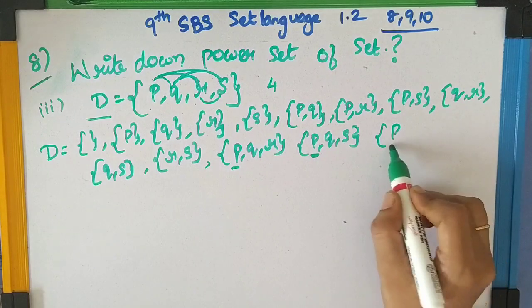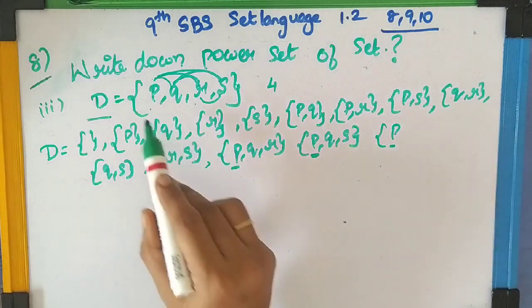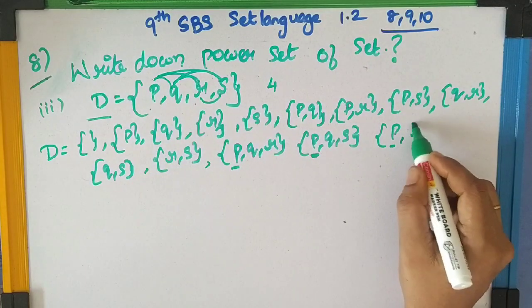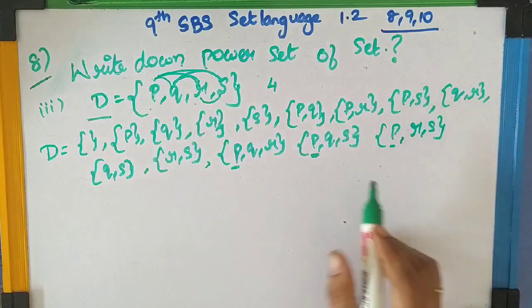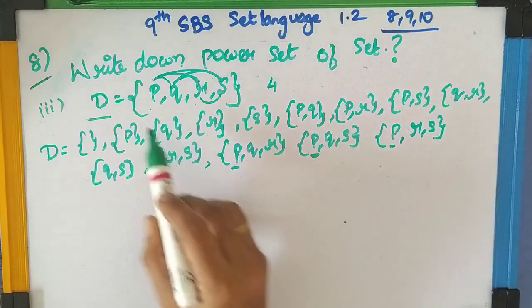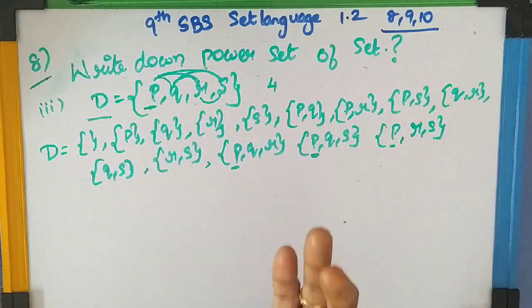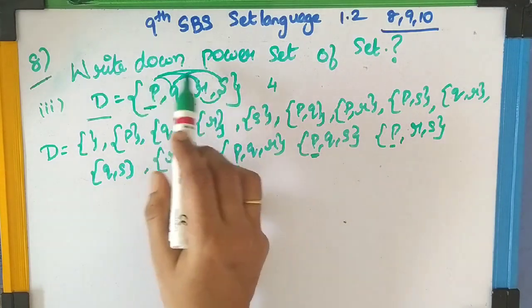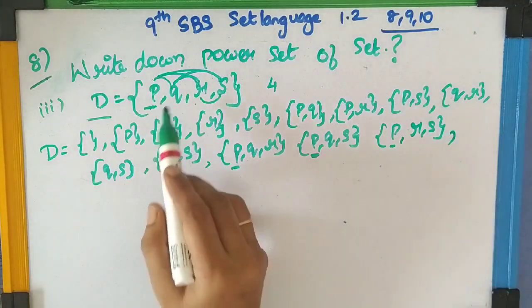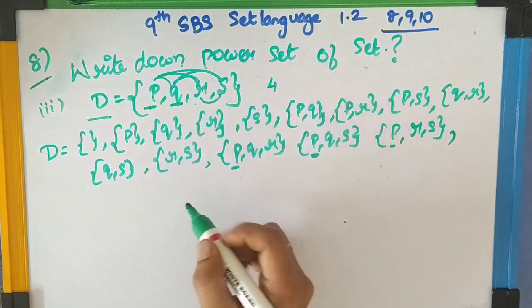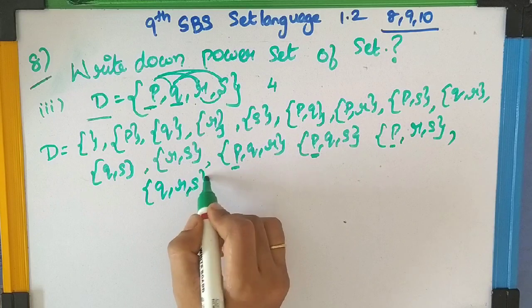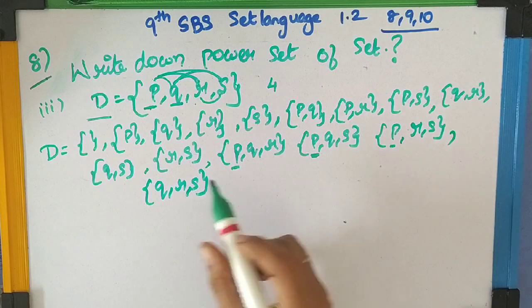Now Q has come two times, right? So Q said, I am tired and I am leaving. So what is remaining? P, R and S. Now see here, three times P have come. So P said, I am going to take rest. Now what is remaining? The remaining elements are Q, R and S. So with this, the subsets are over.